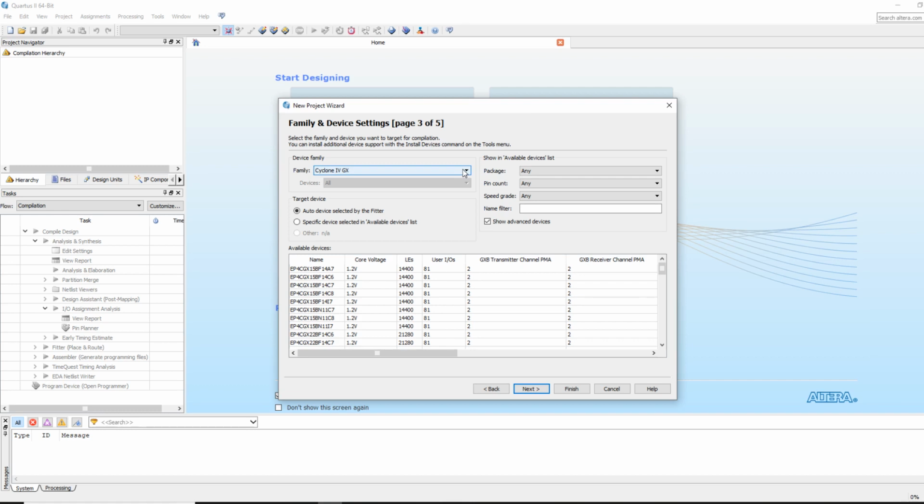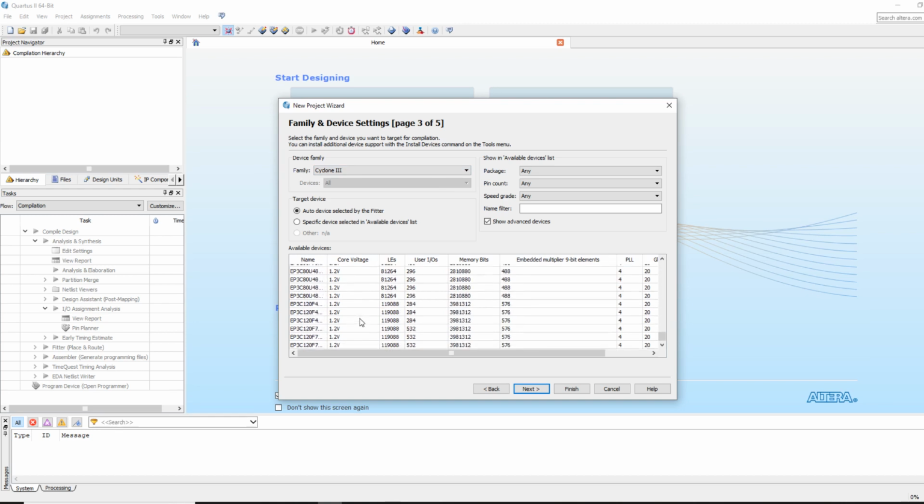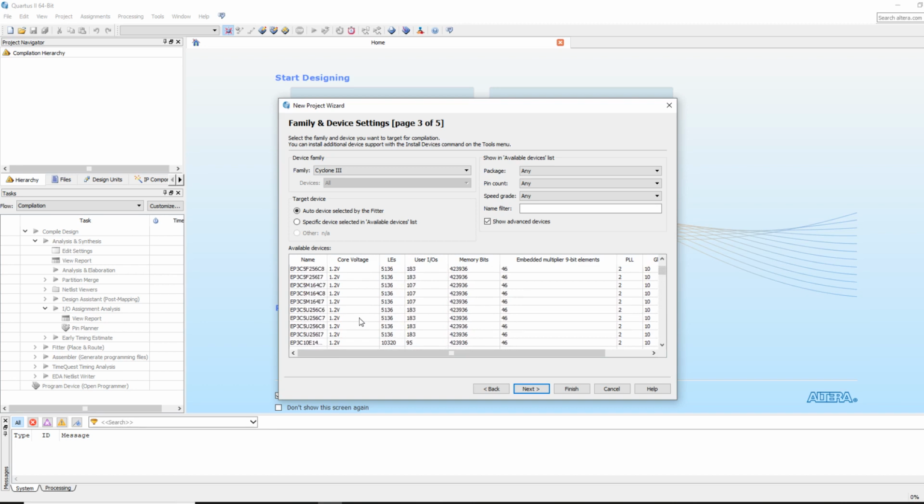The first thing I want to do is select the device family. For the Altera DE0 board, from the drop-down here, I'm going to select Cyclone 3. You'll notice that there are a number of FPGA devices in this large list here. And to make life easy, instead of scrolling through and searching for the device that corresponds to the Altera DE0,